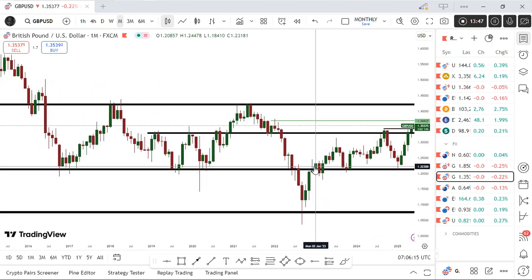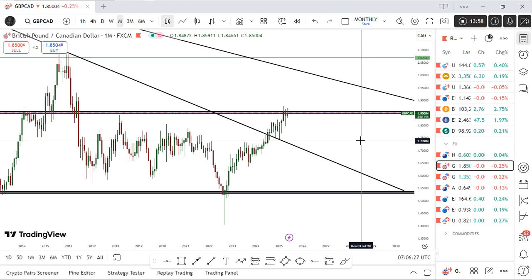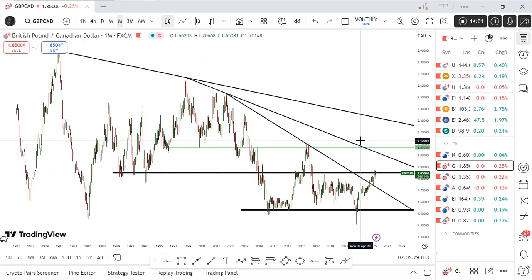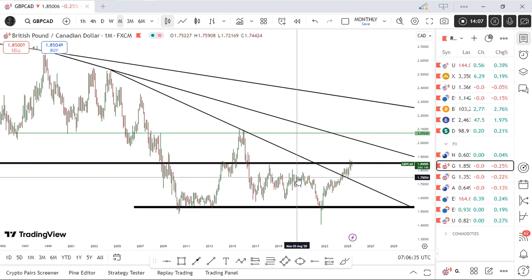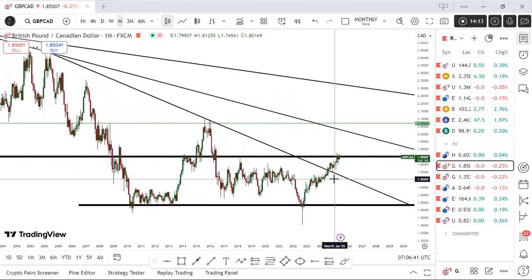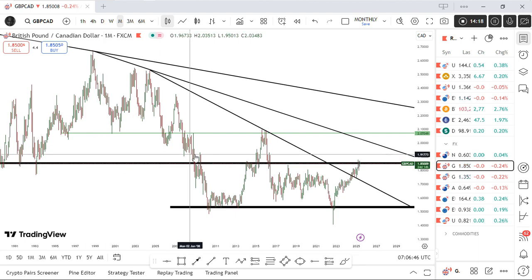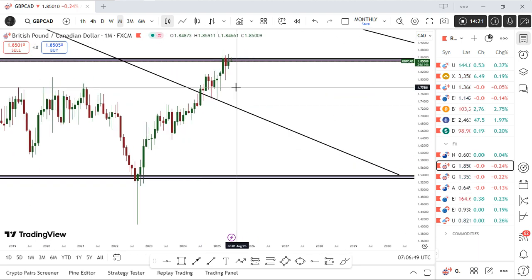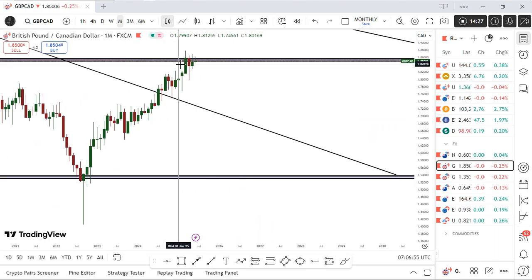You can see that I've plotted my levels here, and then we can see GBP rushing to the upside. This made me know that GBP/CAD as well has enough potential to move to the upside. And why do I say that? I say that because I have confluence one, triple bottom, and confluence two, trend line break retest continuation. The only thing holding this market from pushing to the upside is this zone. And once we are able to break this zone to the upside, because we can see that here's a bullish